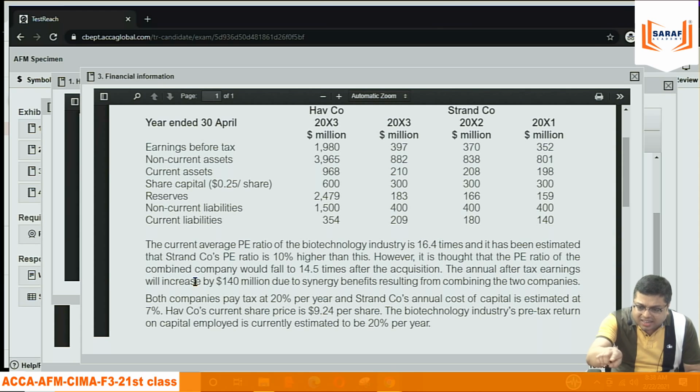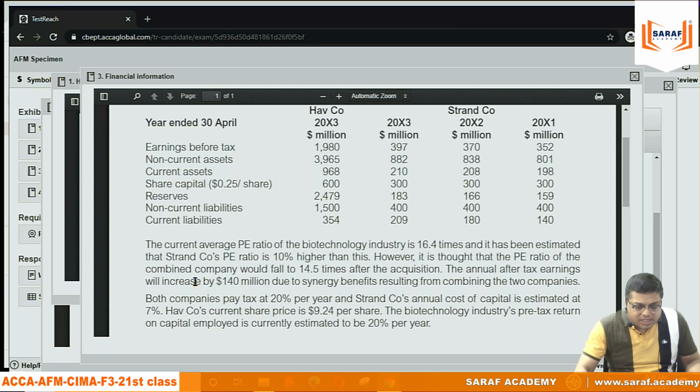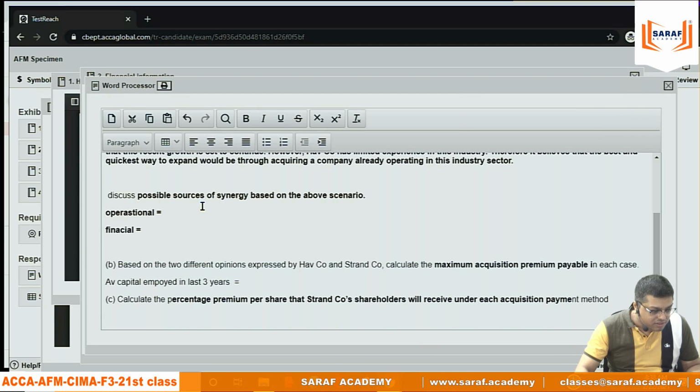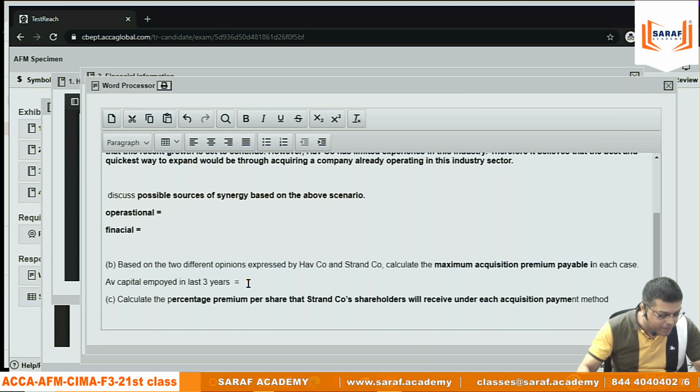ठीक है, लेकिन आप बोल रहे थे कि डेट अलग अलग है, डेट एक ही है, 400 400 400, 300 इक्विटी एक ही है, केवल 183 166 प्लस 159 we add by 3 plus 700 will give us capital employed. How much it will come? 183 plus 166 plus 159 divided by 3 plus 700. How much it will come? यानी कि 869.33। ठीक है, 869.33